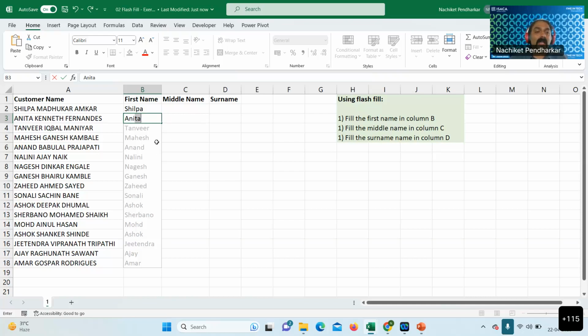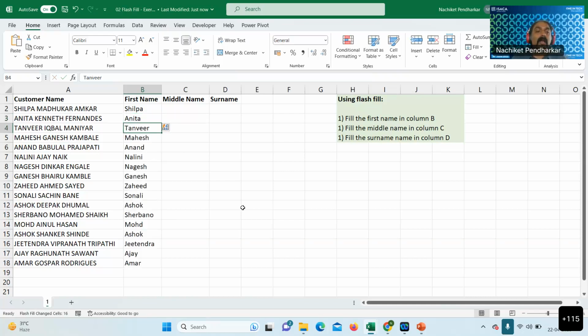Excel is saying, "Is this what you want to do? Are you trying to extract the first names or first few characters of each of these textual values?" If I say yes, indeed, this is what I want, all I need to do is press enter, and it gets automatically filled. Either I can do that,